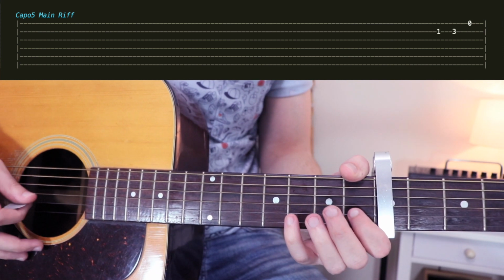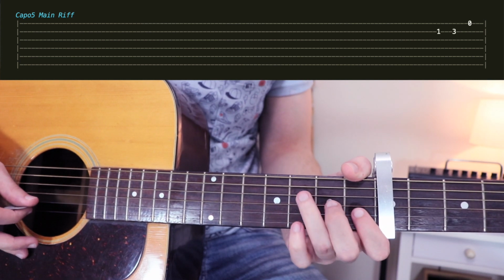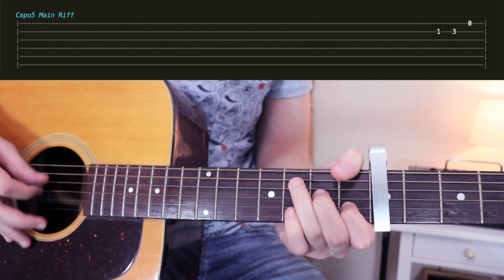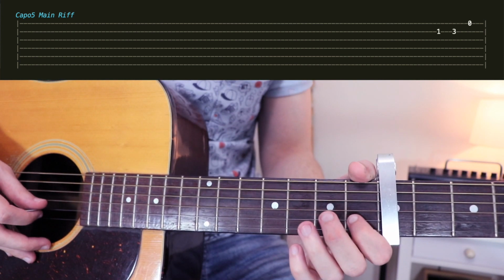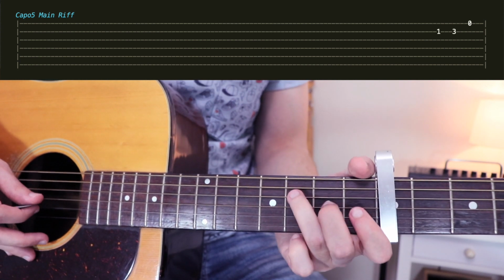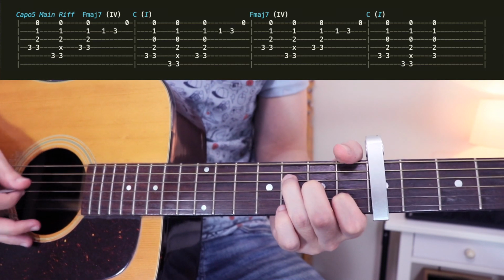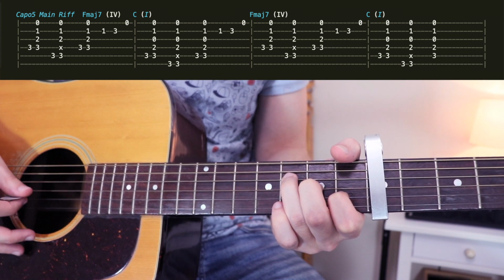And there is a rest, so 1, 2, 3, rest. We have 1, 2, 3 and the rest before the beat, and after that we start to play on 1. Okay, so the chord progression here is F, F7, C,